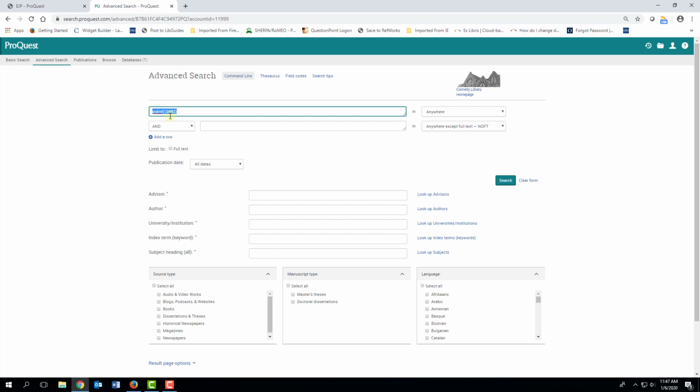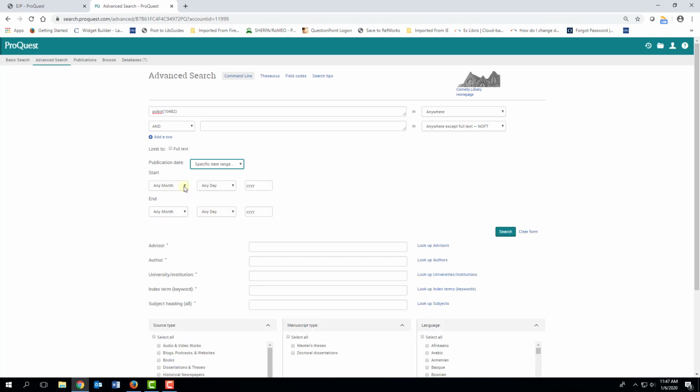What you need to do now is to go down to all dates and choose a specific date range. You need to choose the week that you're interested in searching. So in this case, we are going to go from a Monday, and we have to go to December in this case, and that'd be Monday the 30th, 2019,